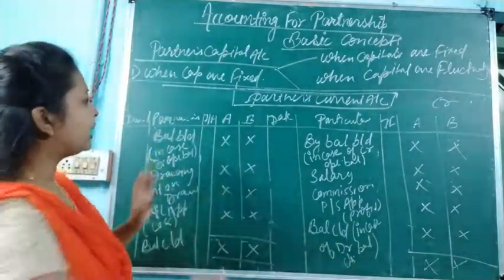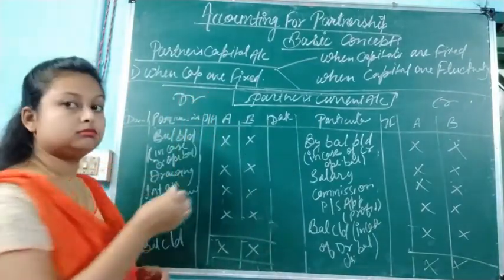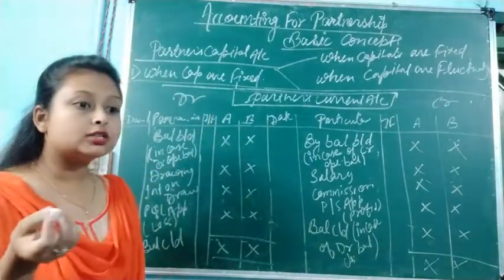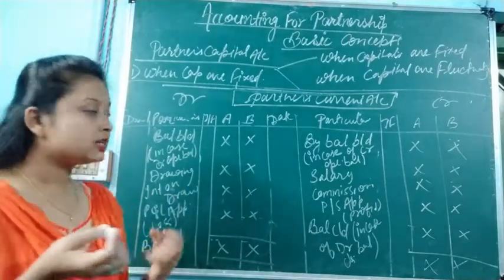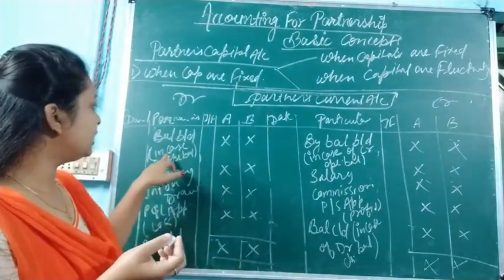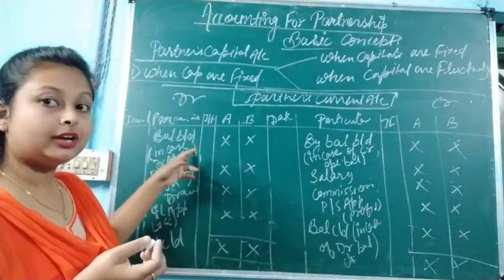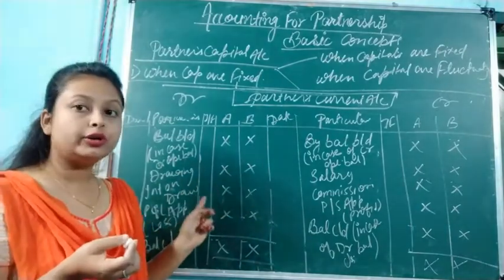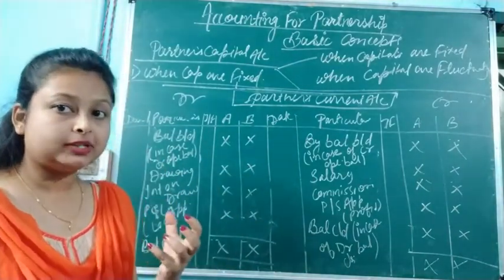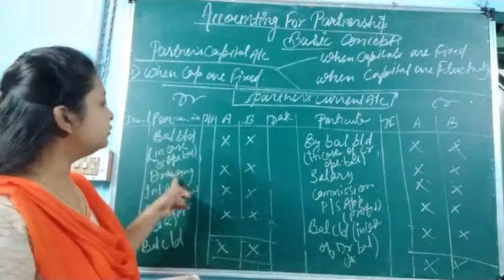Now what are we going to write down on the debit side? What are the losses, or the things that will make the partners' capital less? If the opening balance is debit, then the debit current balance we are going to write down here. Drawings are going to reduce the partner's capital, so that drawing we are going to write down on the debit side.